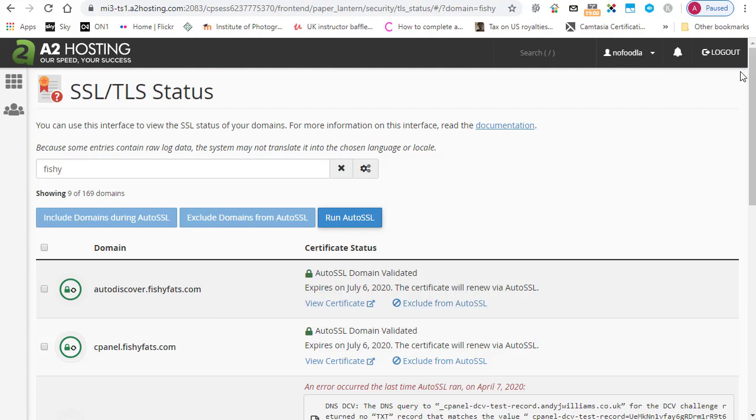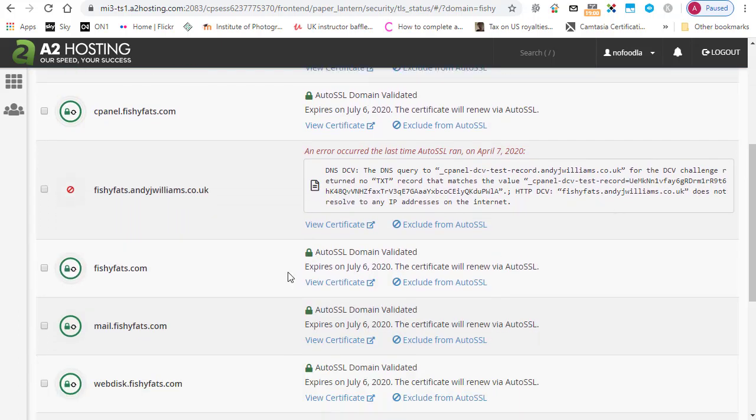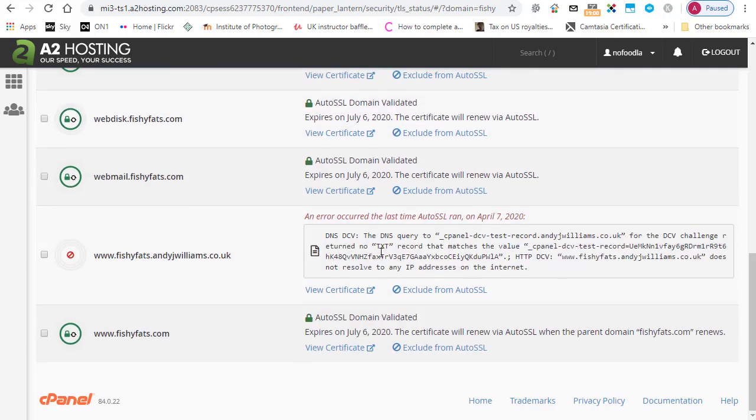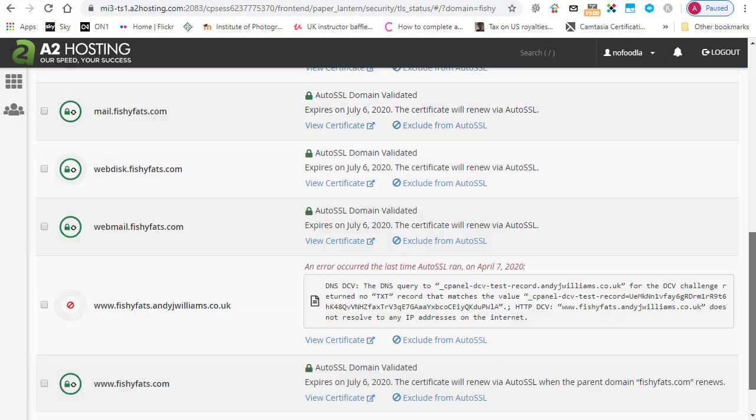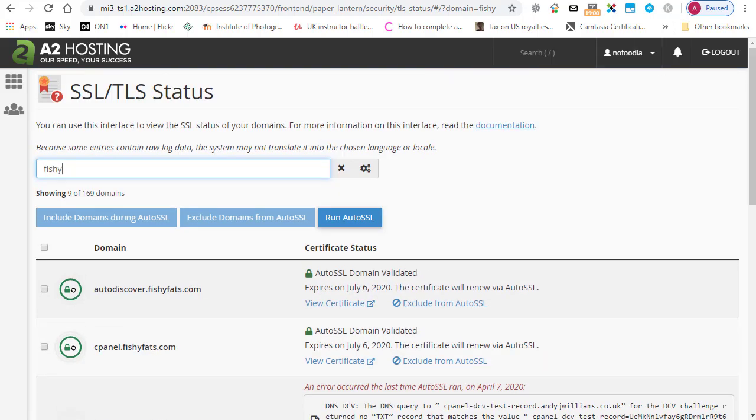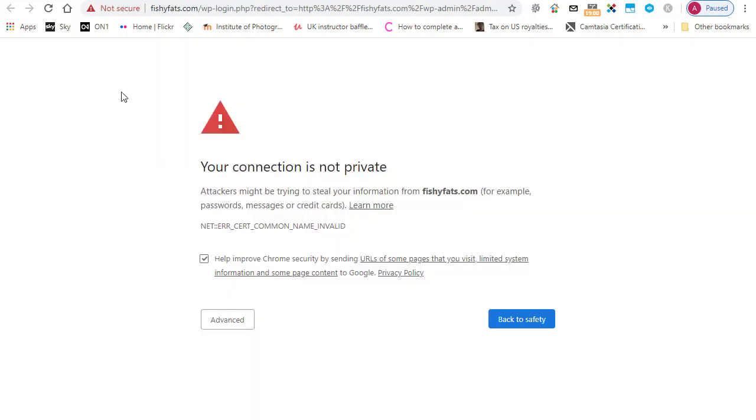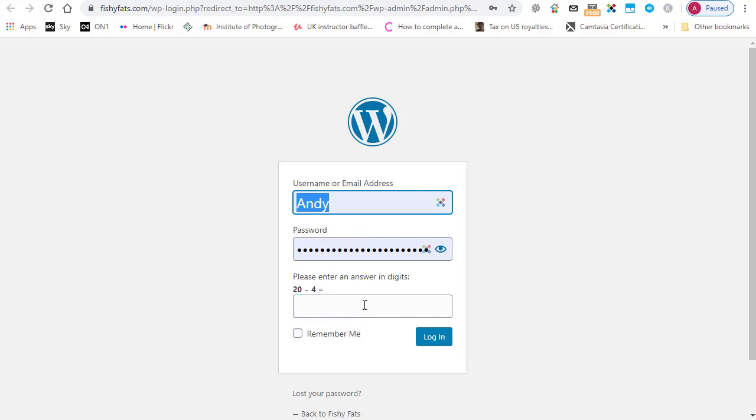I got a notice saying that the page was going to refresh, and on refreshing you can see now the AutoSSL certificates for the domain have been validated. Don't worry about these ones that haven't been validated. They're not actually the URLs for the website itself. If I go back to my login page now, let's just go back and refresh. You can see now we are taken to the login page, and if I log in,